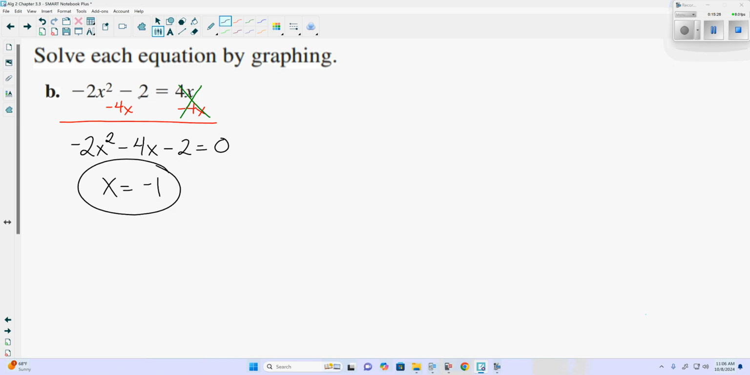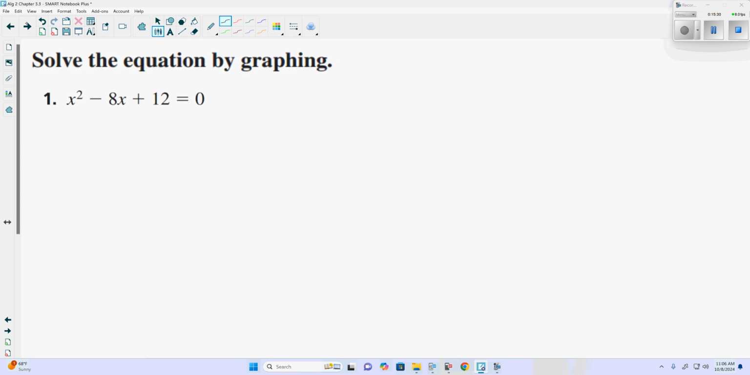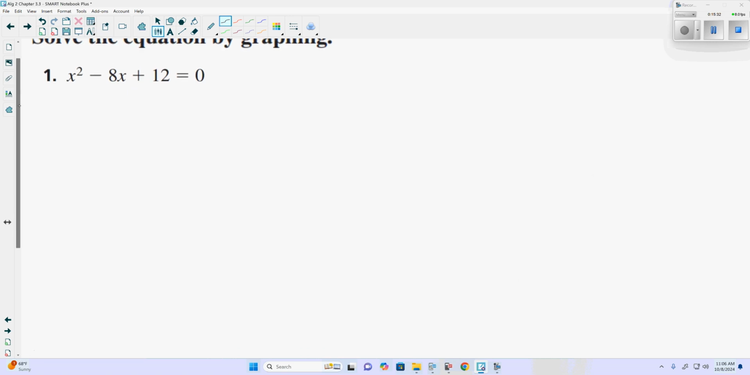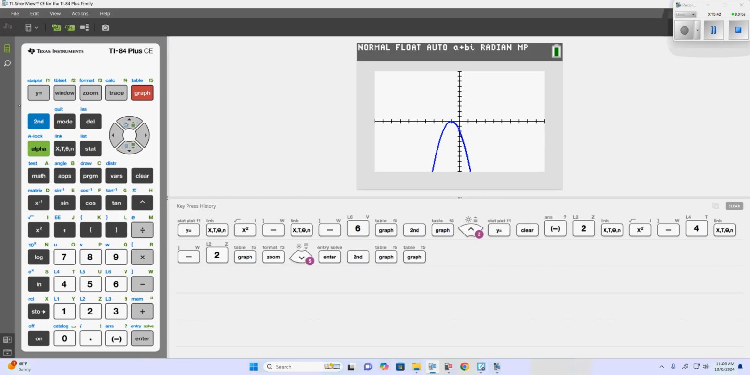Questions on this one here? Let's look at the next one. X squared minus 8x plus 12 equals 0. This is nice. It's already equal to 0, so we don't have to make it be 0. Now the first thing we can do is hit